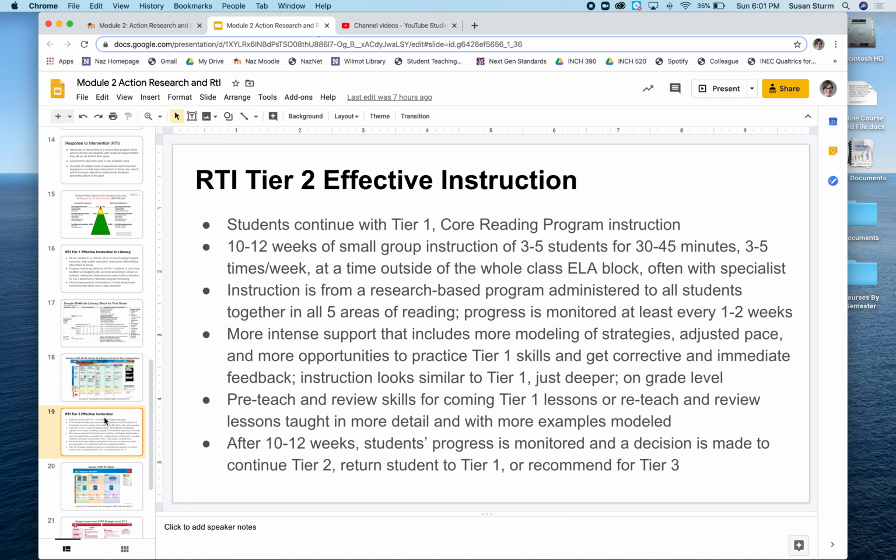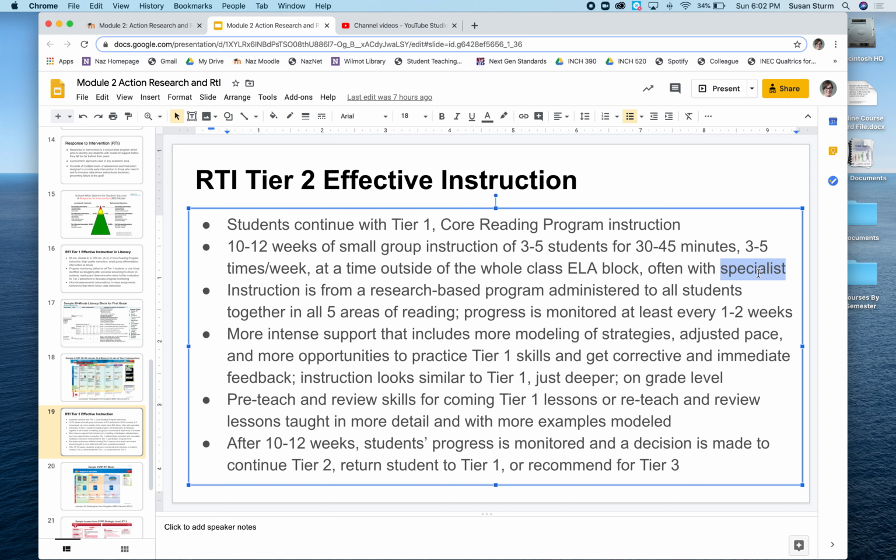Sometimes the gen ed teacher is doing that, but often that's going to be with the specialist. The reading specialist will take those kiddos. Occasionally you might have a special ed teacher doing that, but generally that Tier 2 instruction is happening with a reading specialist. The instruction needs to be from a research-based program. That's the proven effective program that's administered to all of the students in all 5 areas of reading, the big 5. Progress is monitored at least every 1 to 2 weeks